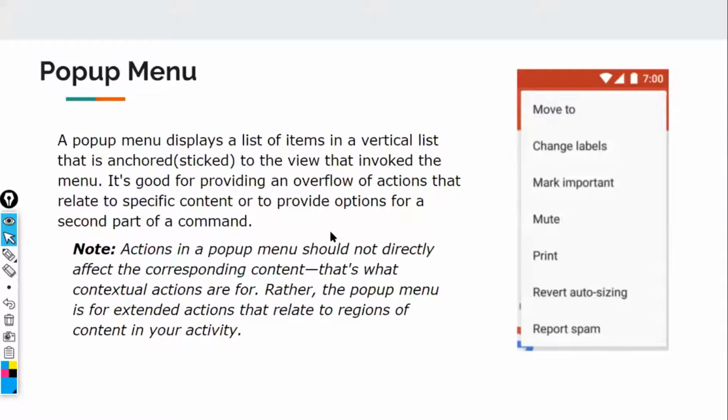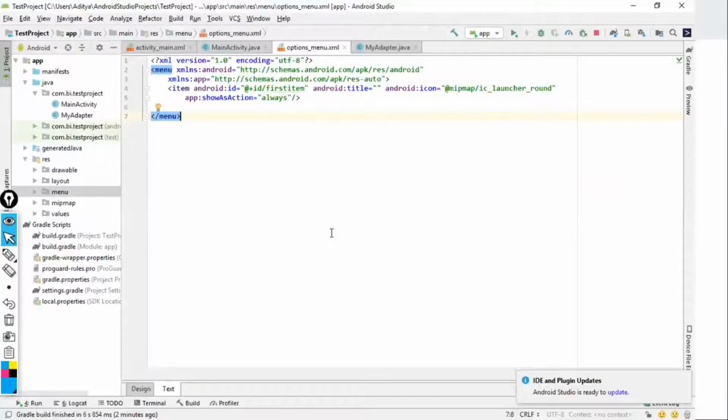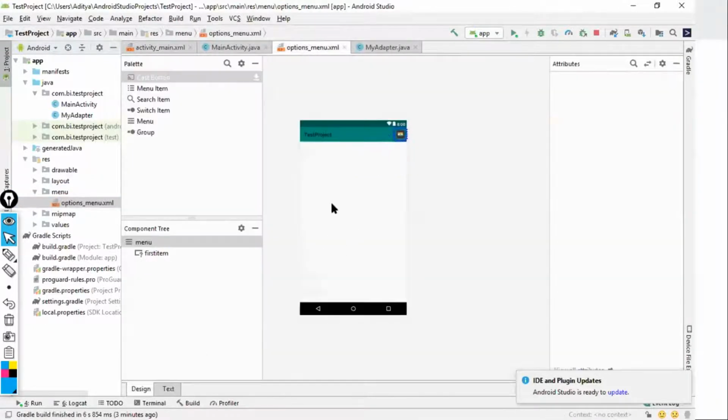The second one is context menu. So again, the steps are quite easy. The first step is, now guys, what I'm doing is creating, you can go with the same file also. If you want the same options, like you've already created a menu, right? If you want the same options to be available in form of context, then you can use the same layout, no problem. But what I'm doing, I'm creating a different layout over here.